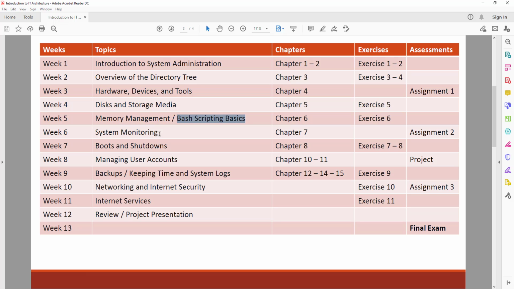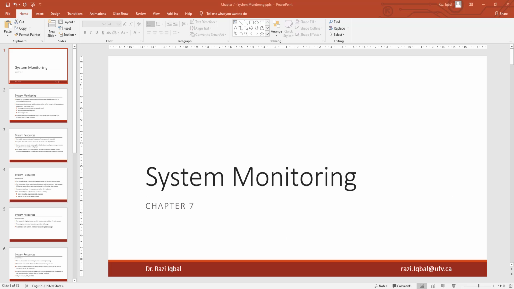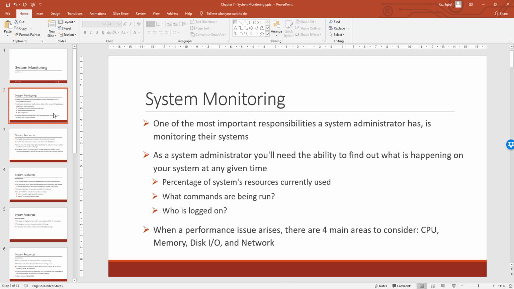I'm going to do a couple of exercises for you, and I'm going to give you some exercises which you can try at your own pace at home. So this is what we're going to do. Let's get started. It's about system monitoring, and as I mentioned many times, one of the core